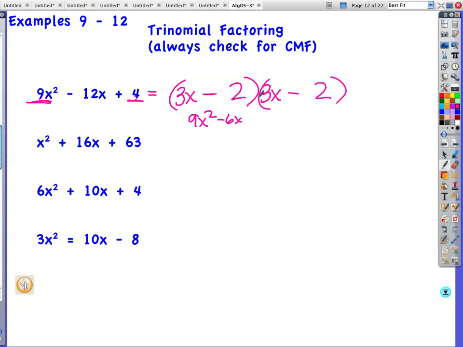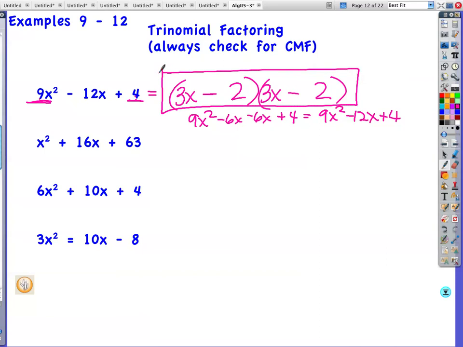3x times 3x is 9x squared. Negative 6x, negative 6x, positive 4. So this is actually 9x squared minus 12x plus 4. Matches here, but this is your answer. Normally we do work to get to the answer. Here you're going to do the work after the answer. All right,